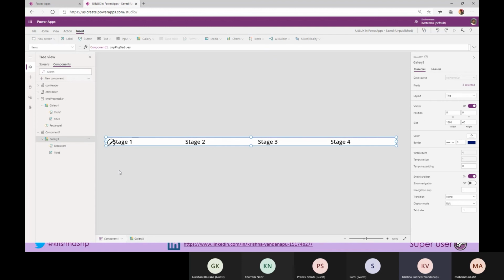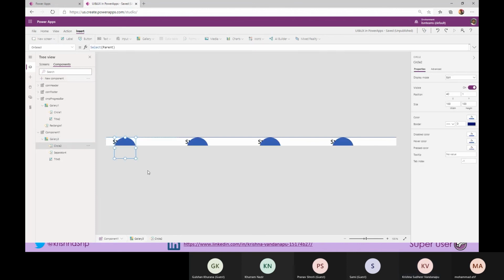And now I am going to add a circle icon to show the progress bar stage where we are exactly sitting. I'm changing the height and width of that to 35 and the position to 0 so that it will come right before.